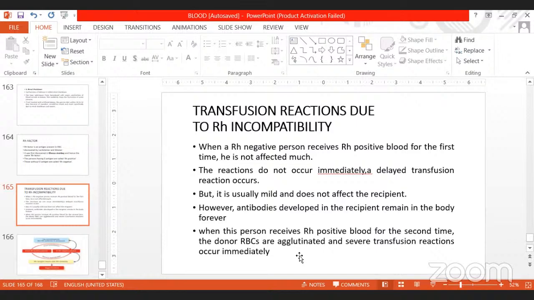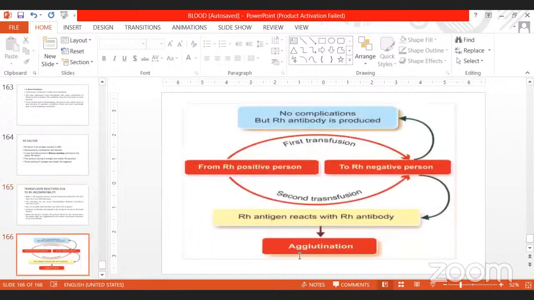So the person receives Rh positive blood for the second time, the donor's RBCs get agglutinated and there will be severe transfusion reactions. So for the first transfusion, there won't be much complication, but Rh antibody is produced. Coming to the second transfusion, the Rh antigen reacts